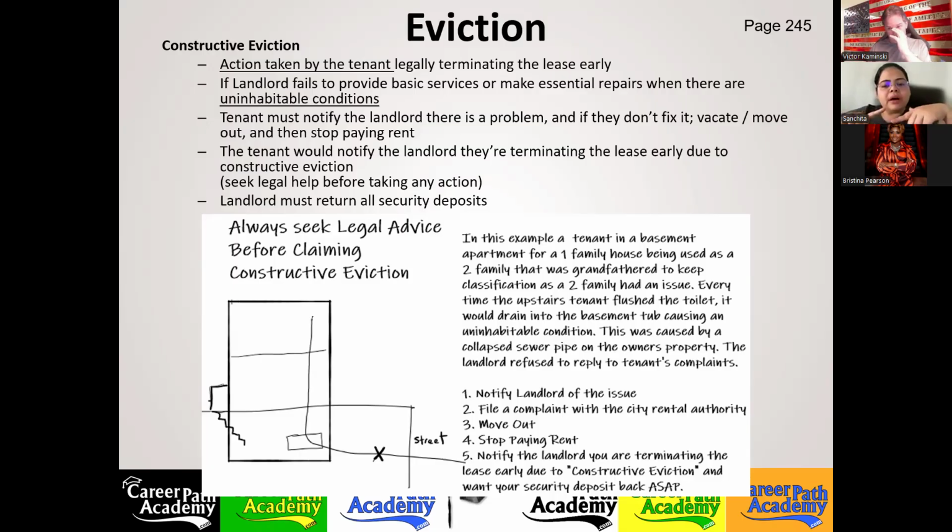So how will a new tenant know about that property or that landlord? All you could do is go there and inspect the unit and see if it meets your requirements, if you like the way that it is before you're there. Maybe flush the toilet, run the water a little bit. But in this instance, what exactly happened here? Because she didn't have this problem when she moved in. It's a couple months later.